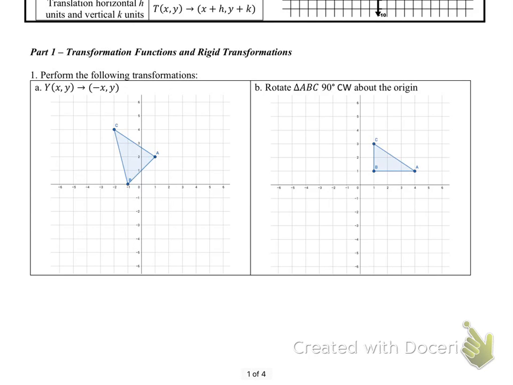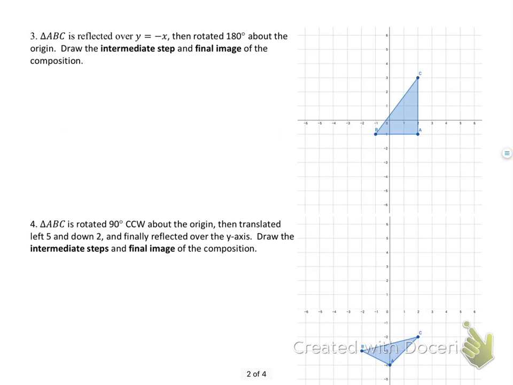Okay, there are a couple of questions here that are just like what you had on the last test, where it's a single transformation. Here's your pre-image, do this transformation, you're done. So that's just to kind of get your head in the right space as you start the test, but also hopefully there's going to be some easy points for you. I'm going to skip over to numbers 3 and 4, which is the bottom of the next side. I'm not doing any of these problems, unless you guys want to go through any of these, but hopefully